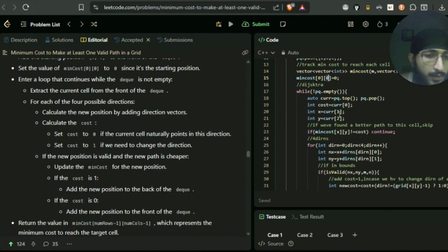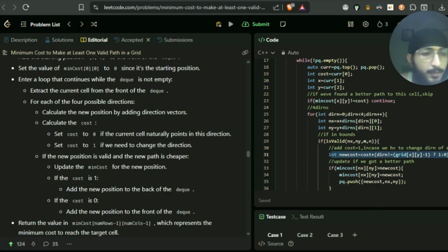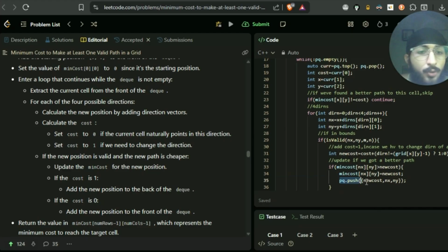So you can see this check here is going to be applied again. So that's the same logic. If the new position is valid and the new path is cheaper, update the minimum cost as we have done here, and push it to the... Now we're not going to be requiring this, so a priority queue is not required since we are using a deck